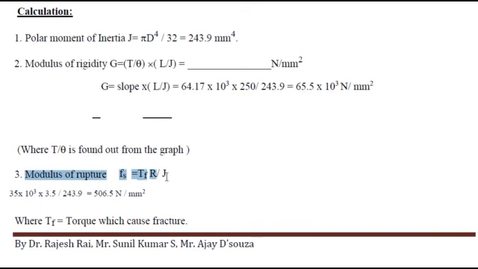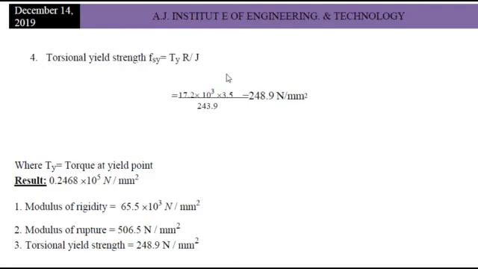In a similar fashion, we have to find out the torsional yield strength. For torsional yield strength also we use the same equation, but we take the torque at the yield point, instead of the torque at the breaking point or torque at rupture. Then we will obtain the torsional yield strength of the specimen,